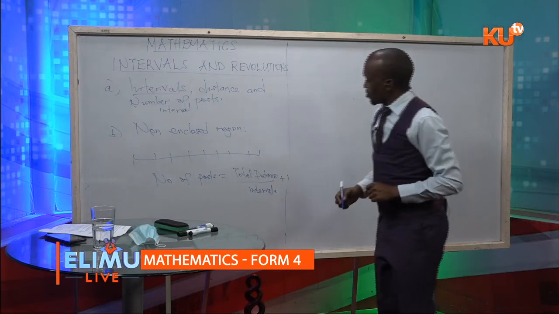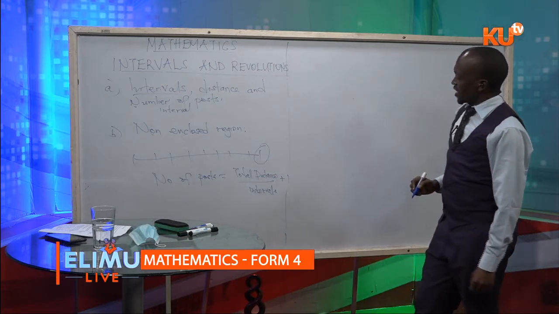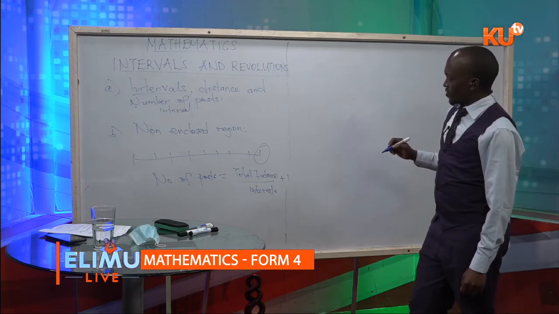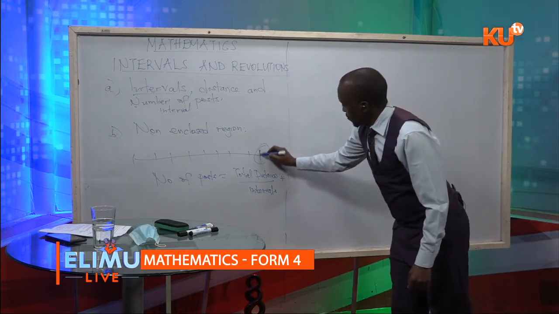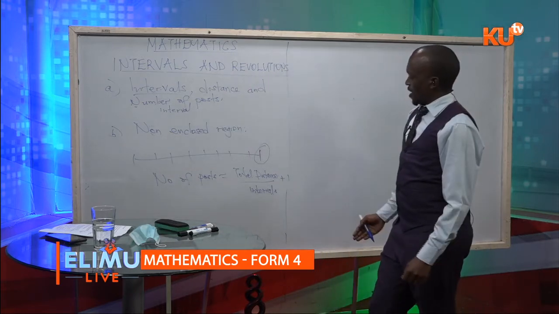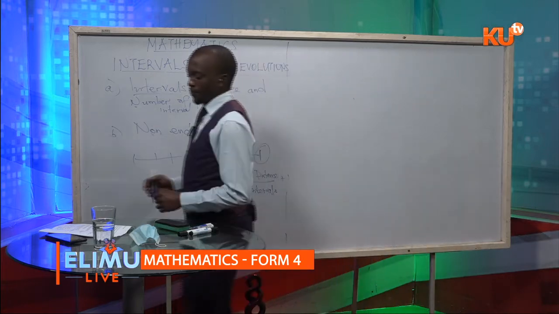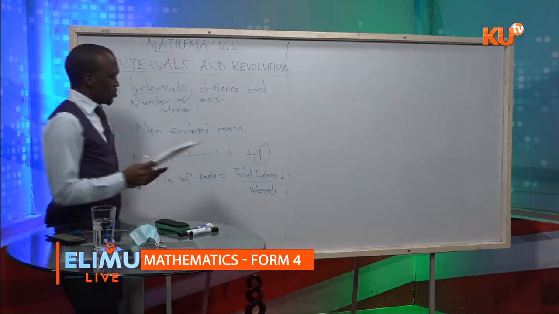We add 1 because there will be the last pole that will be placed here, and it will not cut off for any distance from there. So that is why we add 1 here. There's that last pole that will be put at the end, and it doesn't cut off for any distance. An example in a question would be,